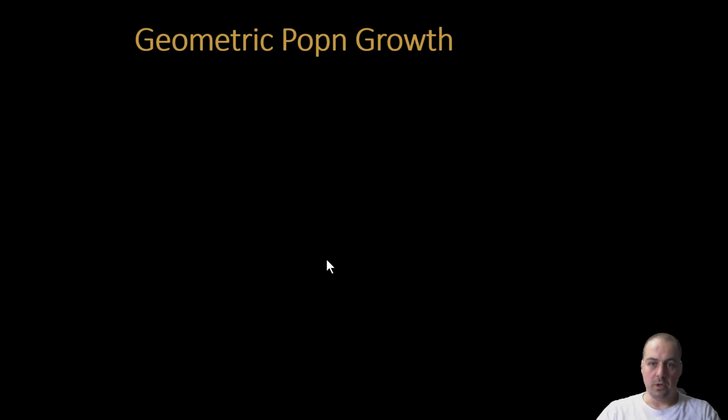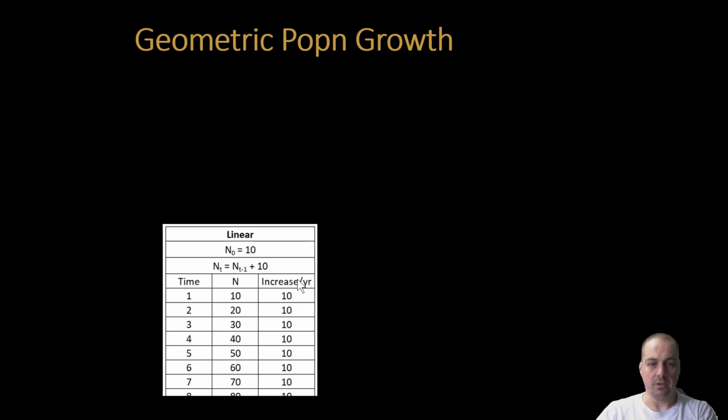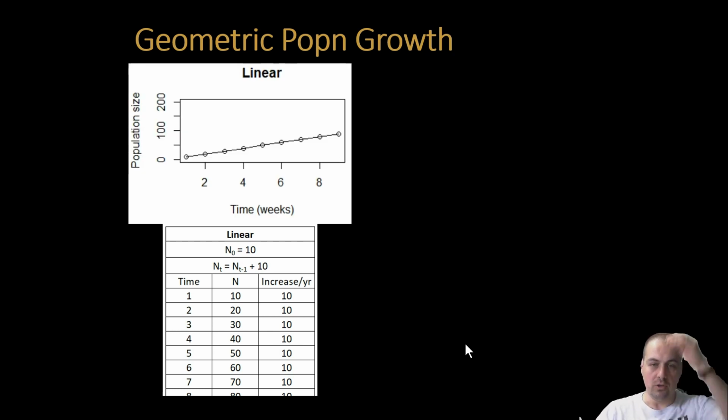So I'm just going to bring up the idea of linear growth. This is not something that you're responsible for, but it just makes understanding geometric growth a little bit easier. So in linear growth, you have an increase in population by the exact same number. So if you look here, the increase per year is 10, and this is constant. The graph that is produced by this is a completely linear line, which is why it's called the linear growth